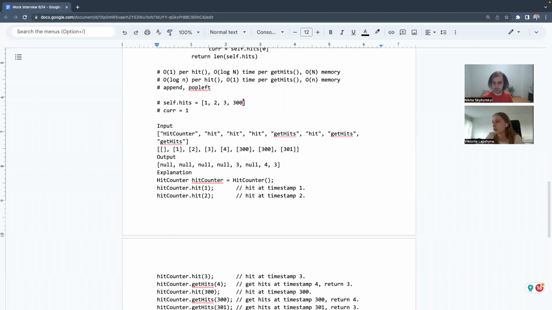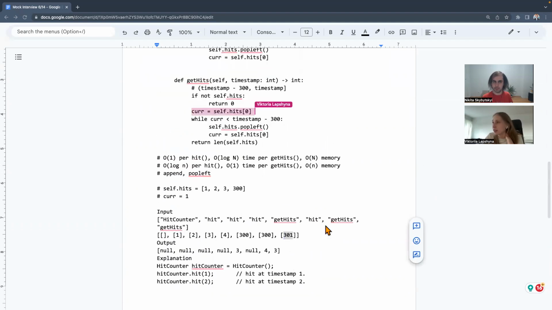And now we do get hits again, at 301. So we are here again. Our current is 1, and 1 is not smaller than 301.